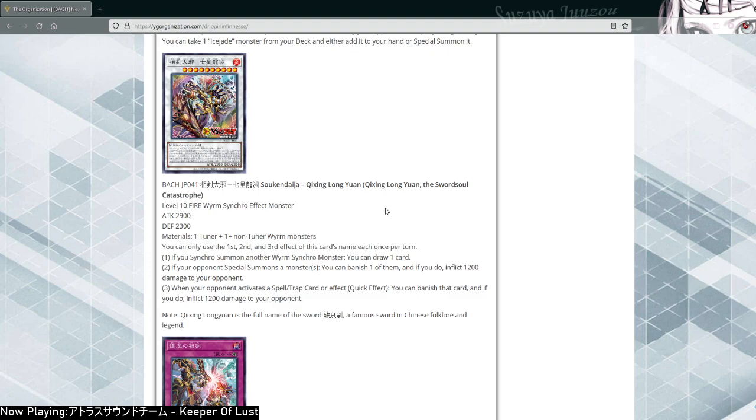do, inflict 12 damage to your opponent. Now, since the burn is on multiple cards, this might start being relevant. Also, banishing is a good type of removal, it doesn't seem to target, and it's a special summon. Actually seems decent, okay? Third effect, when your opponent activates a spell, trap card, or effect quickie, you can banish